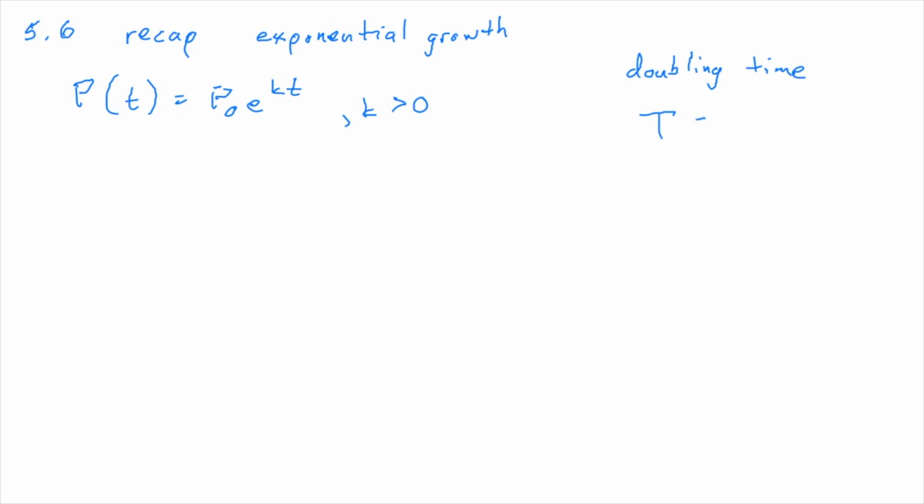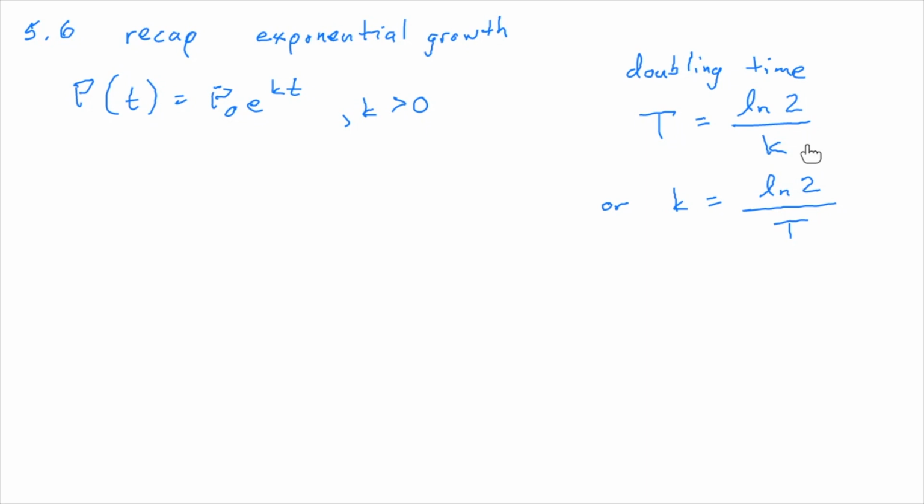Doubling time is t equals the ln of 2 over k, or k equals the ln of 2 over t, because sometimes they'll tell you the one, sometimes they'll tell you the other. My money has to double in 4 years. I mean, it just has to. What interest rate do I need to find? That's how I would use this.